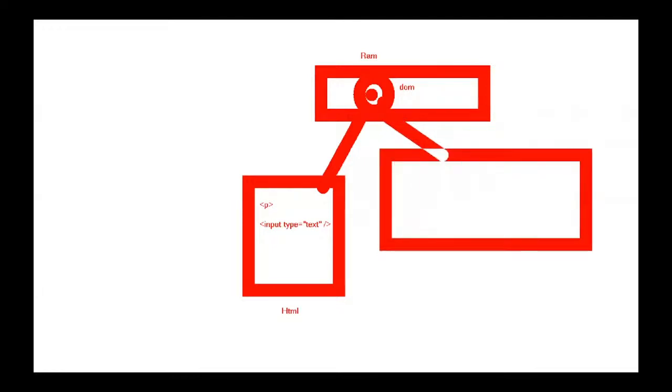So this is the browser. Here it displays the paragraph, and here it displays the text box, like that. Yes, it is clear. So like that, it is a DOM object. Now, if you modify any content in this DOM here,